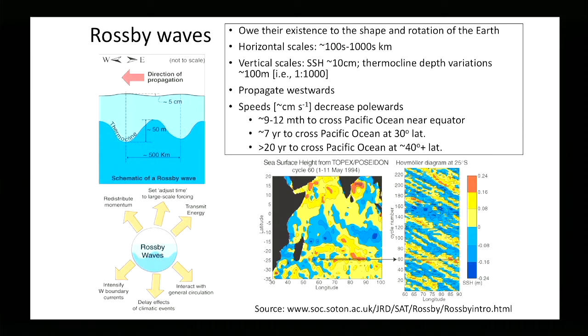Below the surface, however, the thermocline, that part of the water column where the upper ocean changes from, let's say, very warm to cold over a very short vertical extent, undulates opposite to the sea surface. So when the thermocline goes down, sea surface height sits up, and it's by about 3 orders of magnitude. So if you're down 50 or 100 metres here, you're up by 5 to 10 centimetres here. Okay? And that's kind of the expression of the Rossby waves, which propagate west.